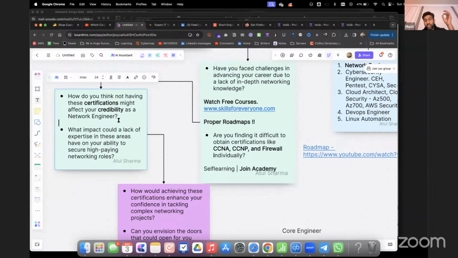You are not actually showing the credibility to become a network engineer. Okay, the same goes with cybersecurity, cloud, or DevOps. So whenever you join any advanced program, your goal is not only learning. Obviously, first you have to focus on learning, but always keep in mind, without certifications, the whole roadmaps